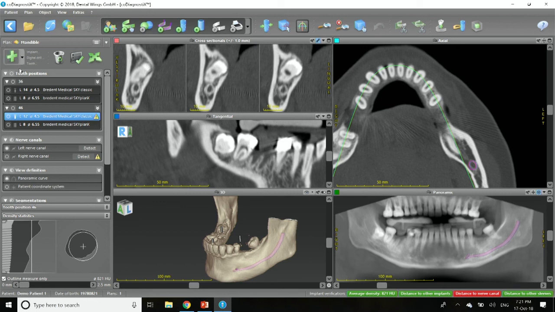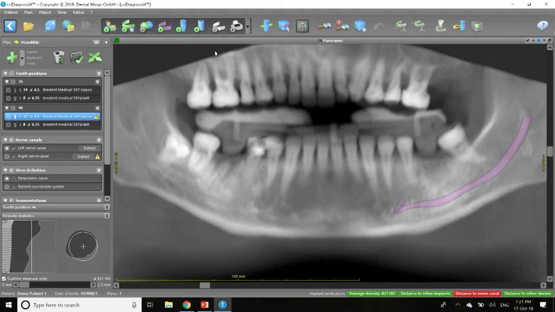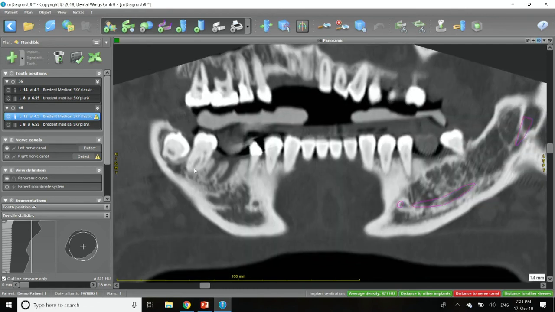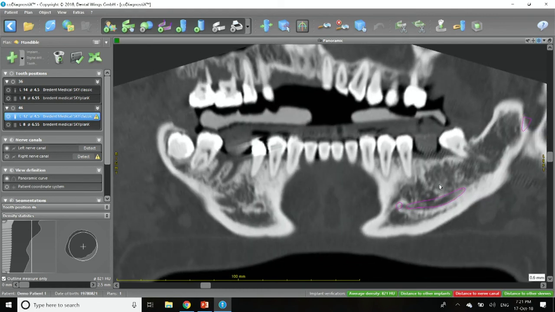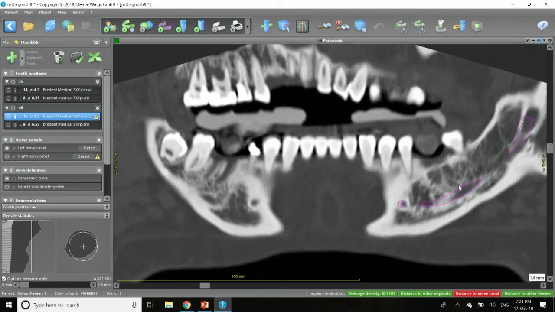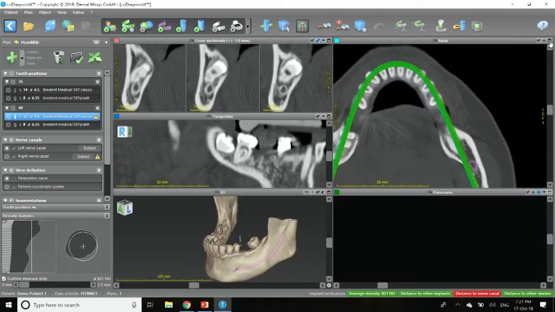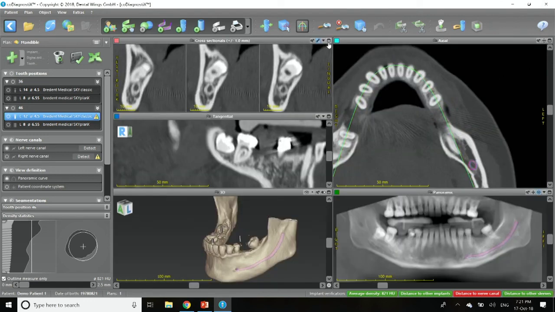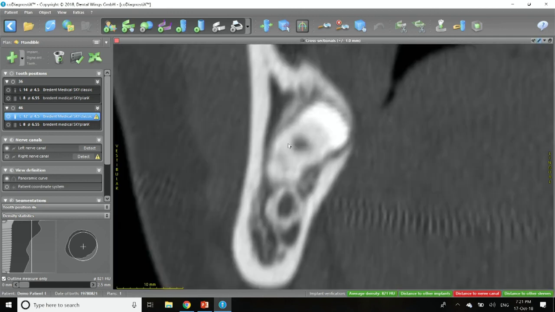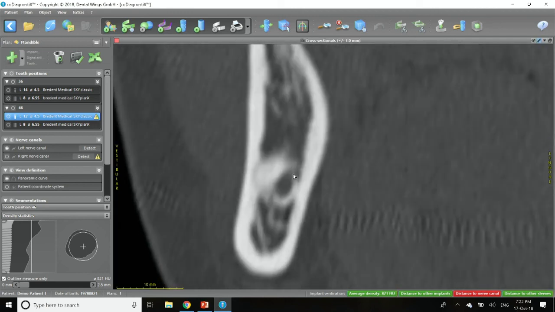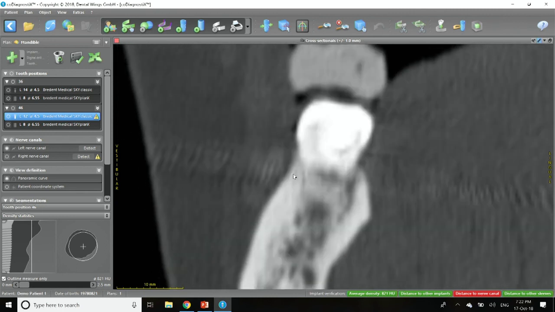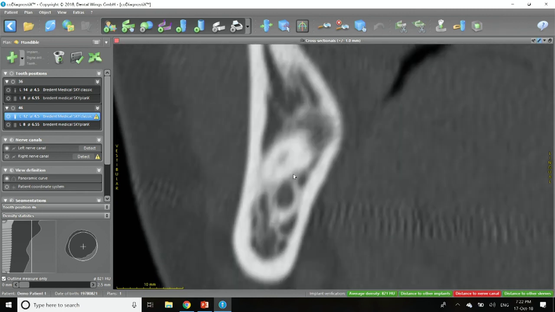So this is co-diagnostic software. Basically, I asked for a DICOM CD, and it comes back and I enter it into my software. And I'm able to see this is a panoramic view, okay? And you can see I've traced the nerve here before. And this here is my cross-sectional view. And you can see the nerve here. And as I scroll, it's going mesial. And as I scroll backwards, it's going distal,